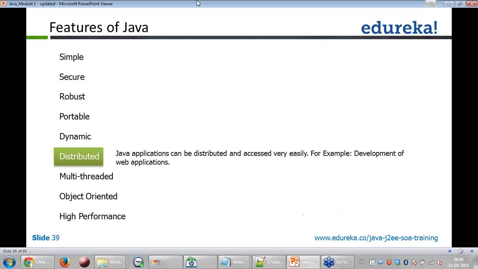Distributed. Let's say I have 5 modules developed in Java. I need not have all the modules in one system, right? I can develop all the 5 modules and have them in different geographic locations. That's not a problem. That's one of the advantages of Java. I can write one module, let's say